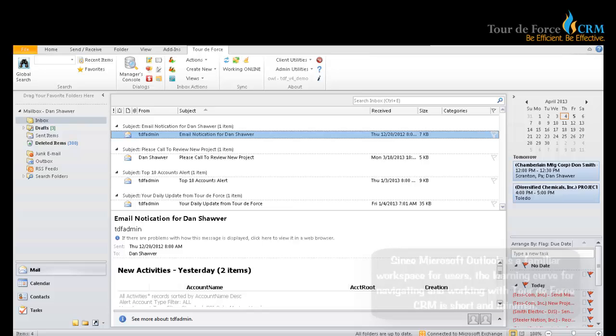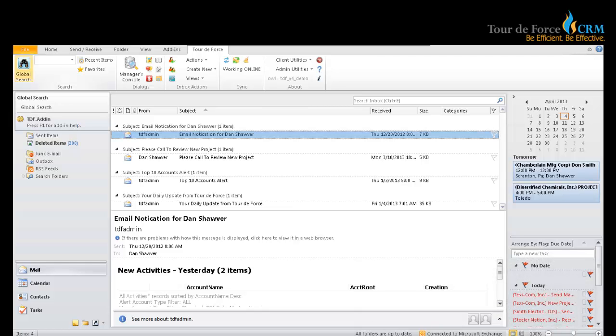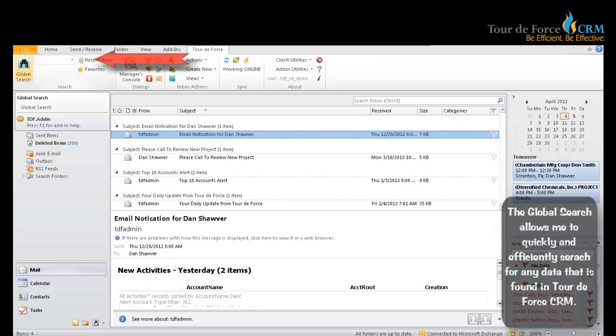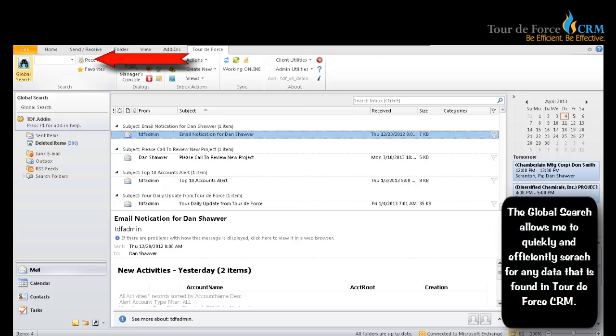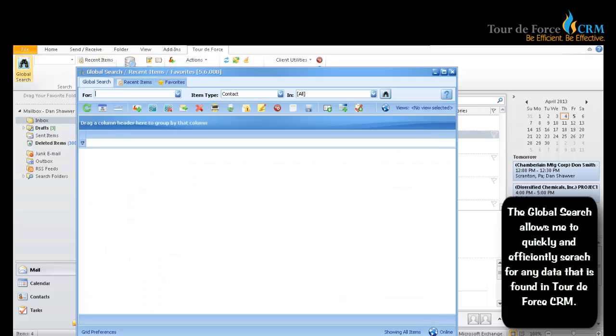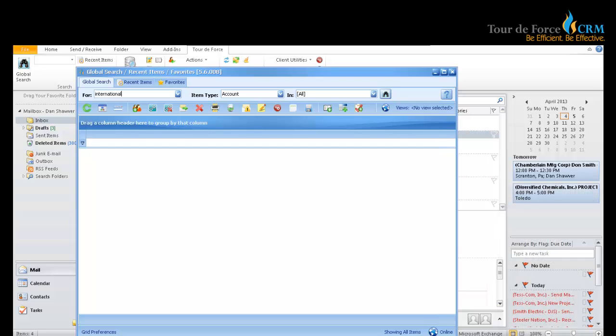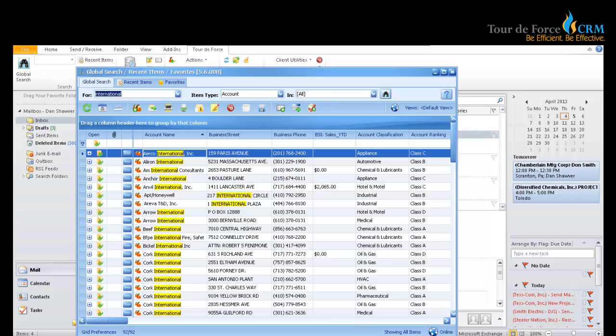Let's imagine that I am a salesperson doing some of the typical activities that a salesperson does in a typical day. One of the quickest ways for me to access data in Tour de Force CRM is with the Global Search utility, which allows me to search for any data that is found in Tour de Force CRM. For example, typing international displays a list of accounts that have the word international listed anywhere on the account form. If I only want to search for accounts that have international in the company name, I can change my search